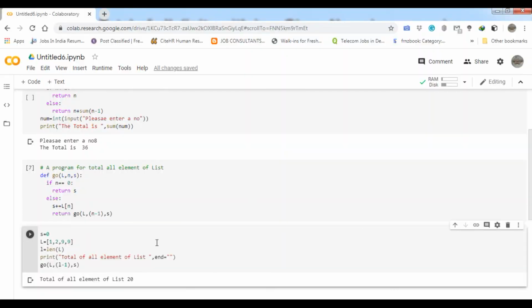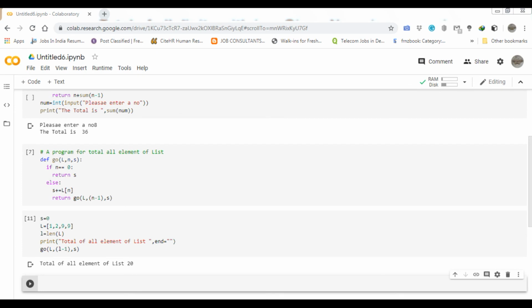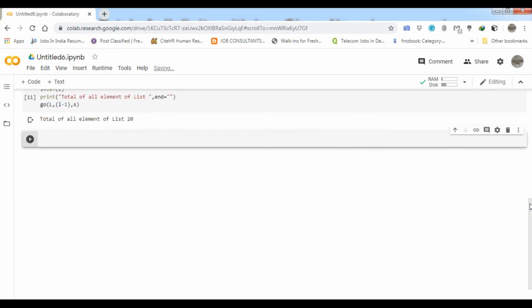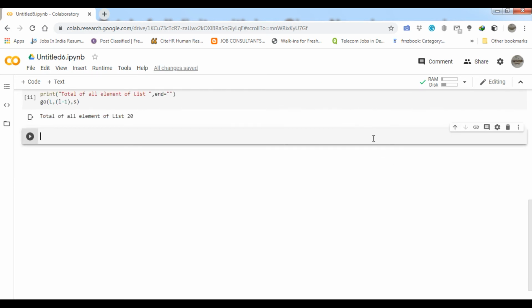So what I am going to do, student, I am going to create a new code cell. In this I will provide a simple comment, to remember this one program: total all digits within the given number. Okay, student. So here I am going to provide as a comment, that is total of all digits, we can say, within a given number.